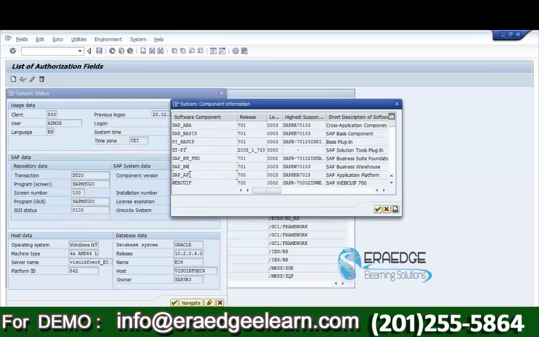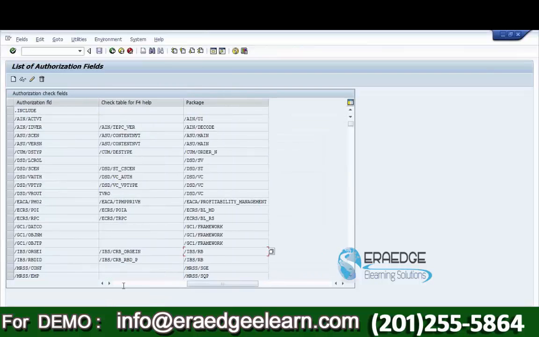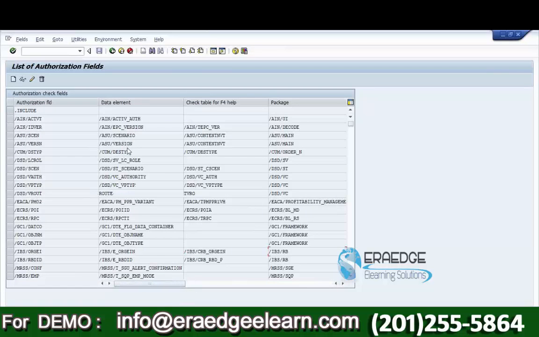SAP BW, SAP ABAP, they are software components. A software component contains software packages, and each package again contains one or more data elements. Here, the same package has 3 data elements. And two or more packages together make a software component, and these software components are called SAP application modules.